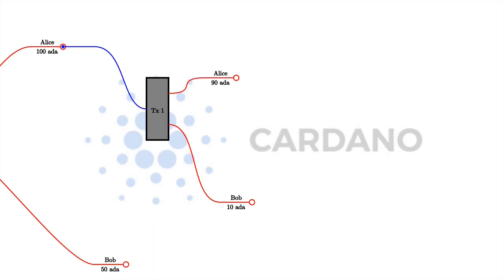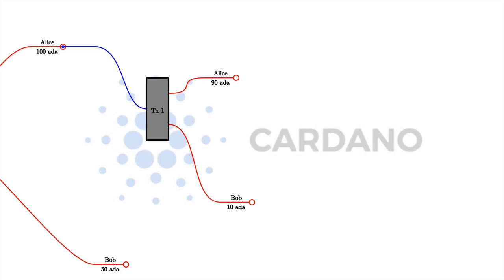And the second exception is the native tokens that we have on Cardano. So it's possible for transactions to create new tokens, in which case the outputs will be higher than the inputs, or to burn tokens, in which case the inputs will be higher than the outputs. But that is a somewhat advanced topic, how to handle minting and burning of native tokens in Plutus, and we'll come back to that later in the course. So for now, we'll only look at transactions where the sum of the input values equals the sum of the output values.